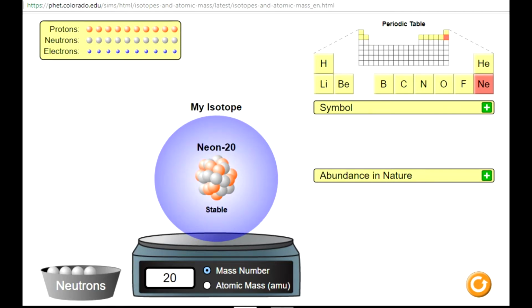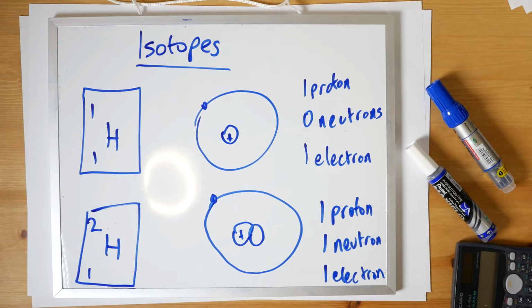Let's pick neon. So neon is quite stable as it is. Let's see if we can add another neutron. You can. Can you add 2 more? You can. Can you add 3 more? It becomes unstable. But the idea is this. All an isotope is, is atoms of the same element with different numbers of neutrons. Okay, let's get back to the video. One last thing which I'll add is make sure whenever you're doing isotopes that the protons never change. The protons is what gives the